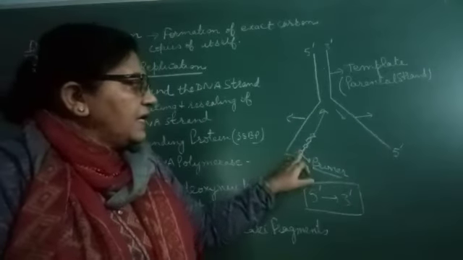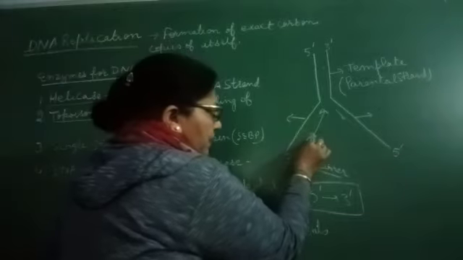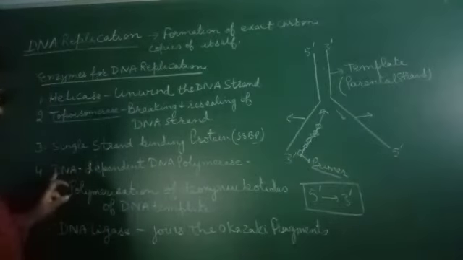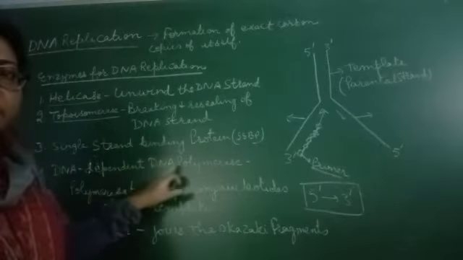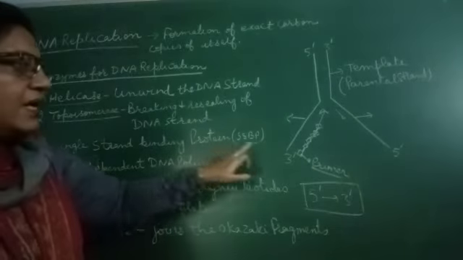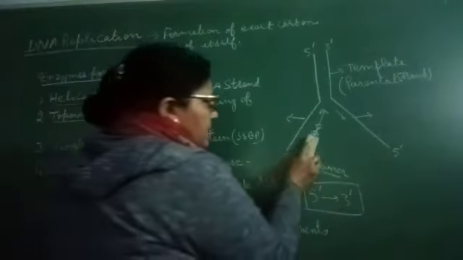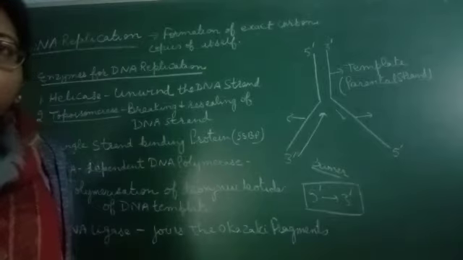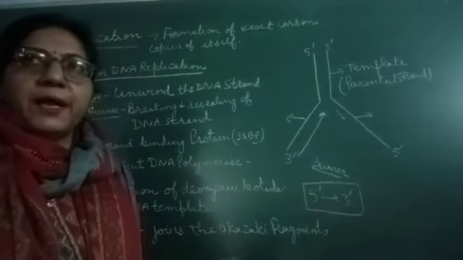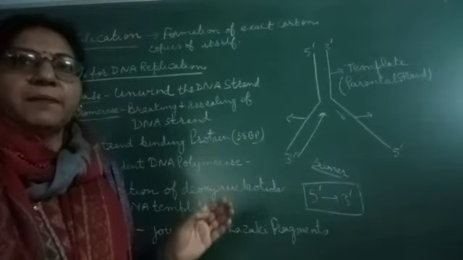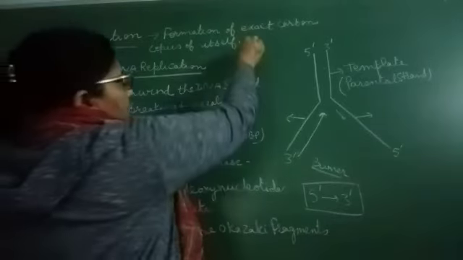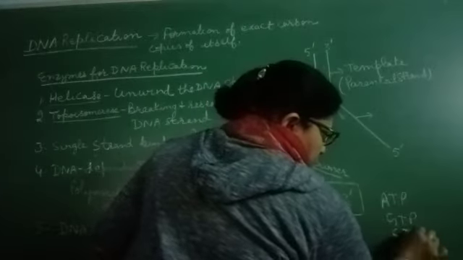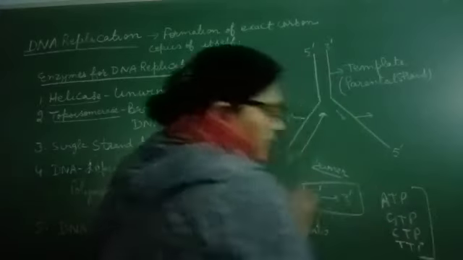So they will form the deoxynucleotides, and the polymerization of these deoxynucleotides is with the help of a DNA dependent DNA polymerase enzyme. Is it clear? So they will form a continuous strand this way. The deoxynucleotides may be adenine, guanine, cytosine, or thymine. So these deoxynucleotides, that is ATP, GTP, CTP and TTP, play a dual role.